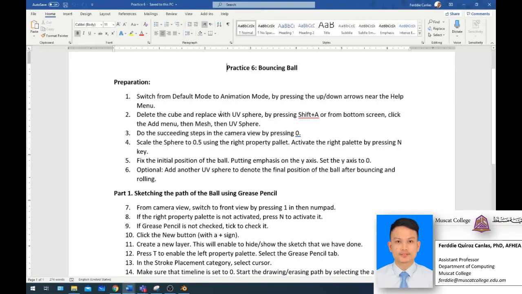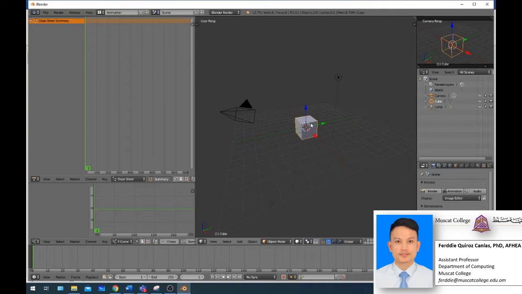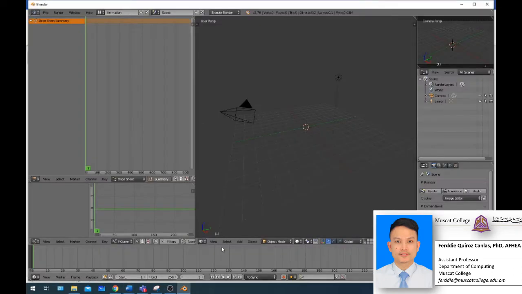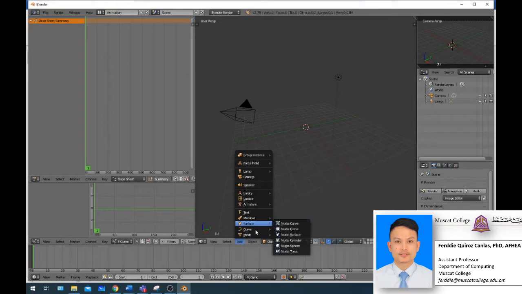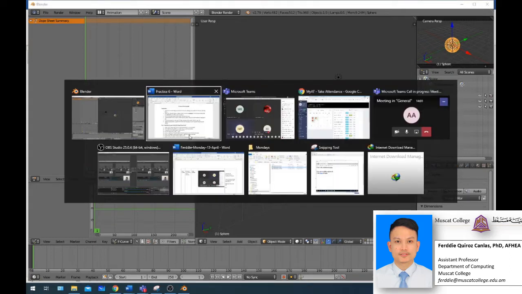And then delete the cube as per the step here. Delete the cube and replace it with a UV sphere. Just delete this. You should replace it with a UV sphere by pressing Shift A. You have two options. Or you can go with the bottom screen, click the Add menu, and go to Mesh and then UV Sphere. Here, go to Mesh and go to UV Sphere. This is it. Then the next step,